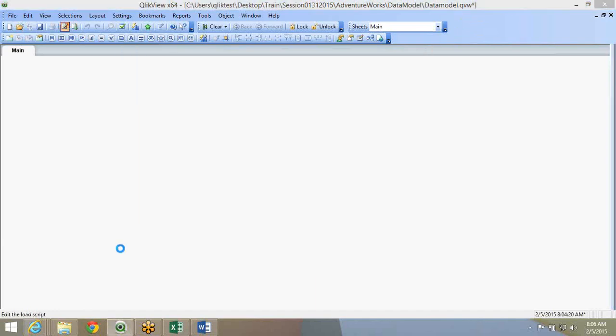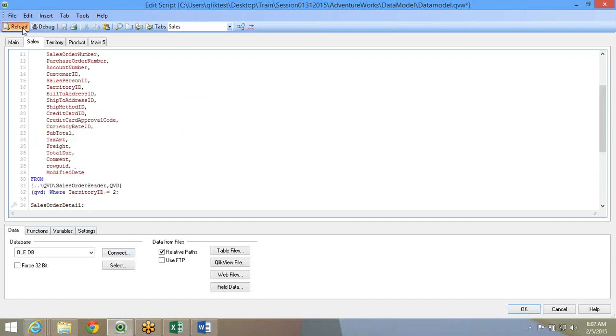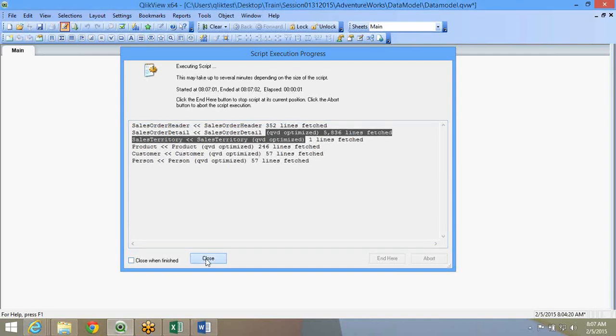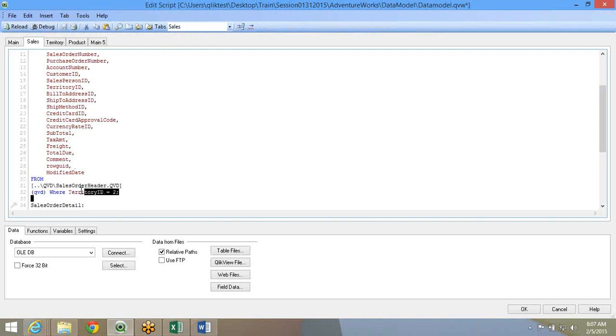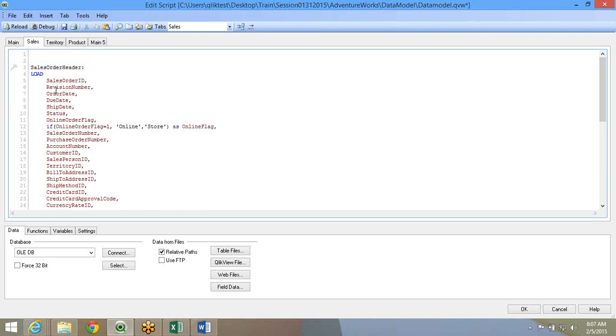All right, so this is the where exist. Now, when we have to do even the first QED, like I said, our first option is to make sure all the QED loads are QED optimized loads. How do we achieve the QED optimized for the first one while still using a where clause, and tomorrow when I have to add more territory IDs, how do I avoid the or clause struggle? There is a simple methodology to it. In QlikView, you create temp tables. So I'll create one temp table.